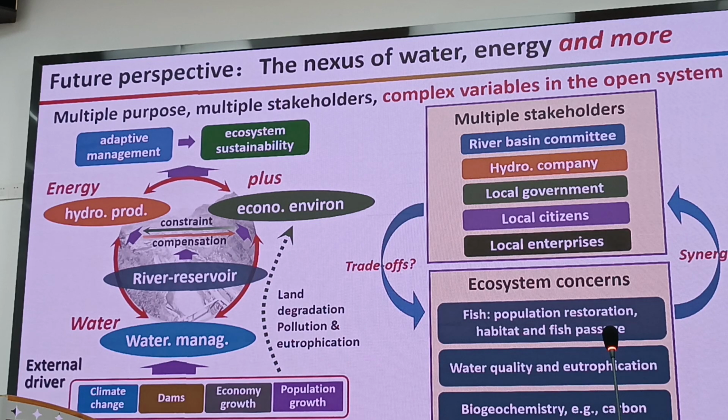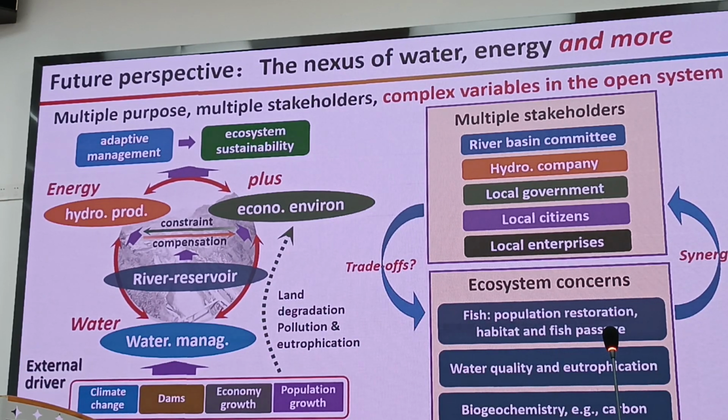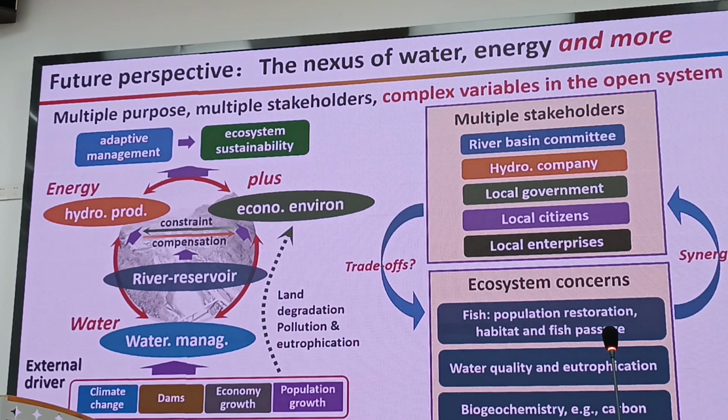Right now, some scientists have proposed to build a fish passage near the Three Gorges Dam. And the investment for the infrastructure is tens of billions of US dollars or something like that. So it's a trade-off between economic growth and eco-environmental benefits. It's very hard for the government or the top layer to evaluate the trade-off or synergy.